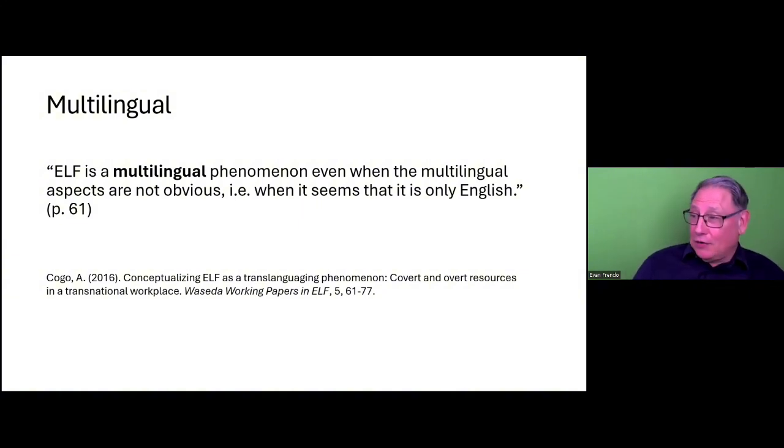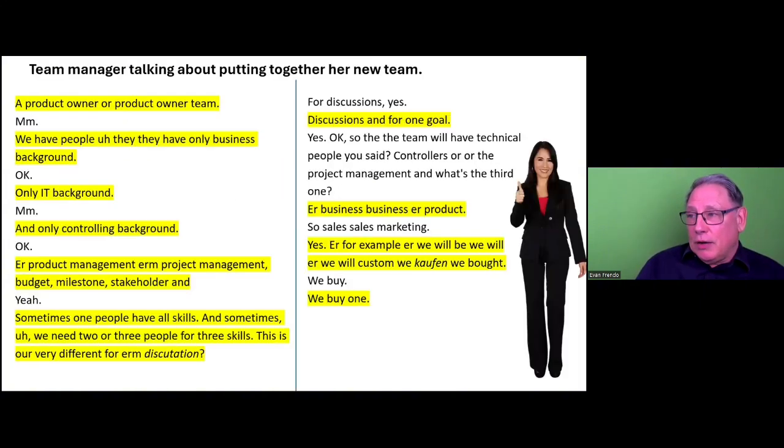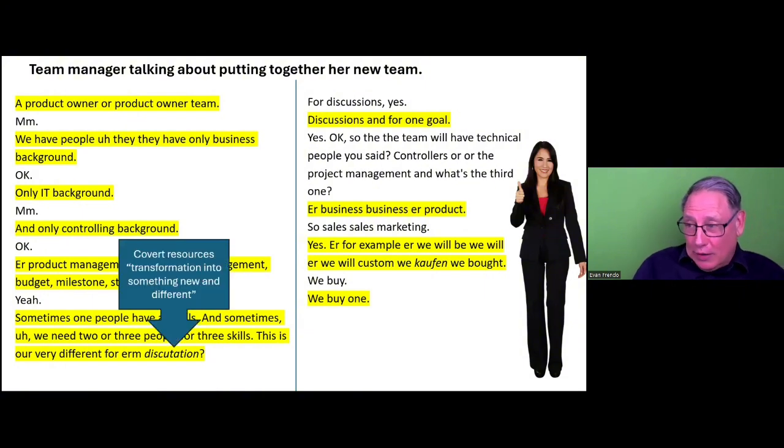Alessia wrote a very nice article a couple of years ago based on workplace research. She's probably one of the big players in BELF, as everybody here knows, I'm sure. This is an article looking at language use in a transnational workplace. And if we go back to our Russian lady explaining to me all about her team, we can see it's multilingual, and what Alessia calls a covert resource is discutation, where people don't use their own language or another language. What they do is they change words which sound almost English, but they're not English, and they're not something else. They just use their own internal rules. This is very, very common in multilingualism.